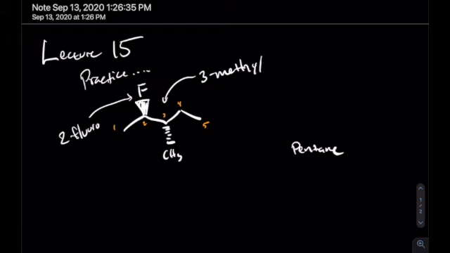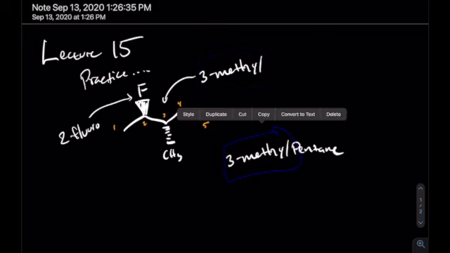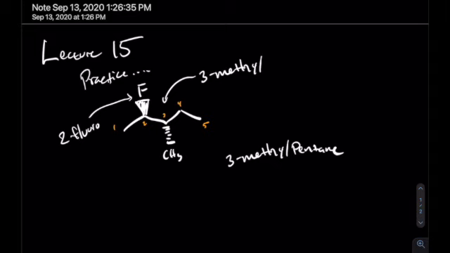and we can then take these and copy and paste 3-methylpentane, and 2-fluoro, and make sure this is still alphabetical. A, B, C, D, E, F, G, H, I, J, K, L, M. Cool. Still got it. All right. And draw a dash there, and we can move this over here. All right. Now, we're not done, of course, because